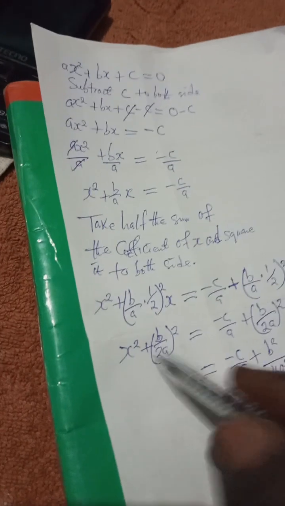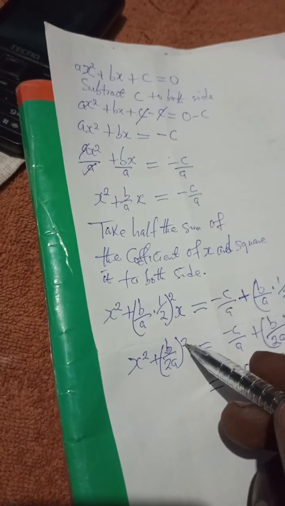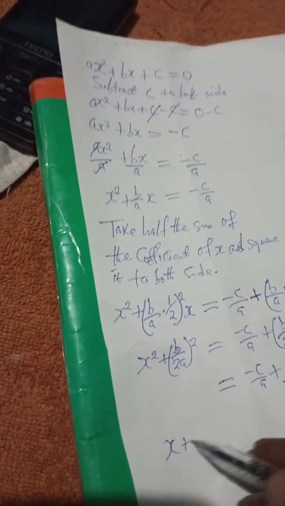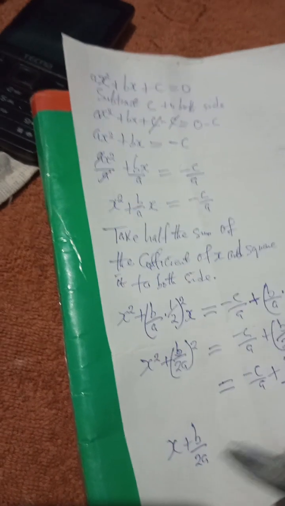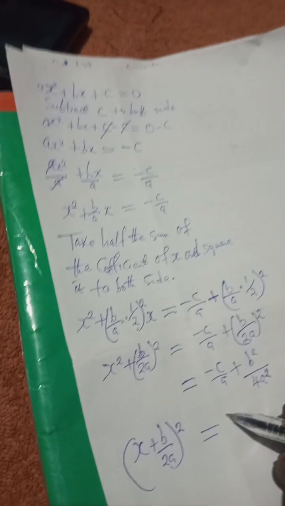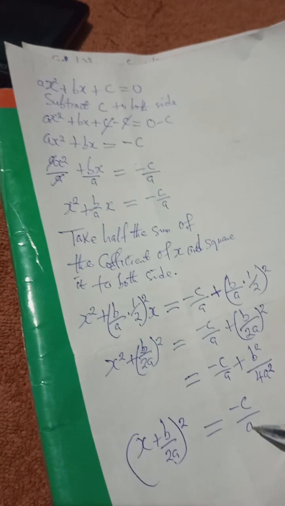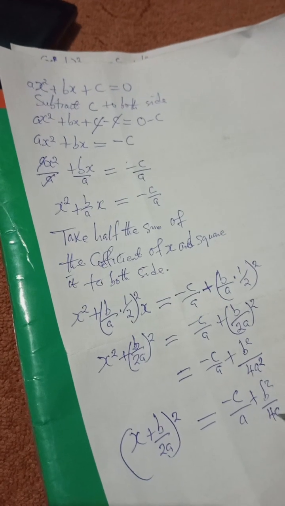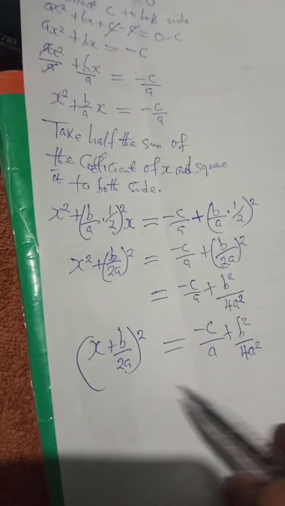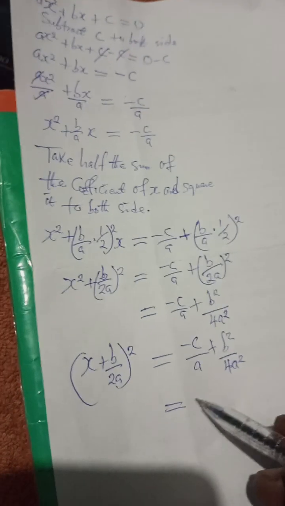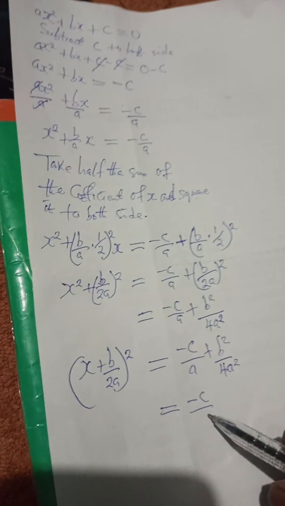So what you are going to do, the left hand side now, because this is the difference of two squares, you say this is x plus b over 2a, and this will all be squared, and this is equal to minus c over a plus b squared divided by 4a squared. Now from the right hand side you have minus c all over